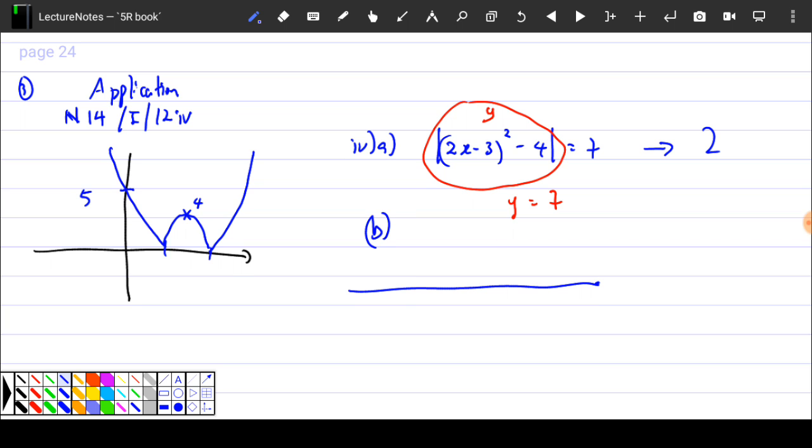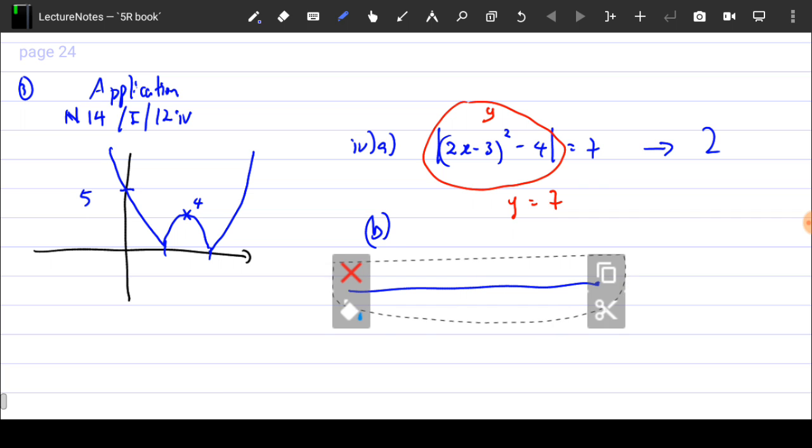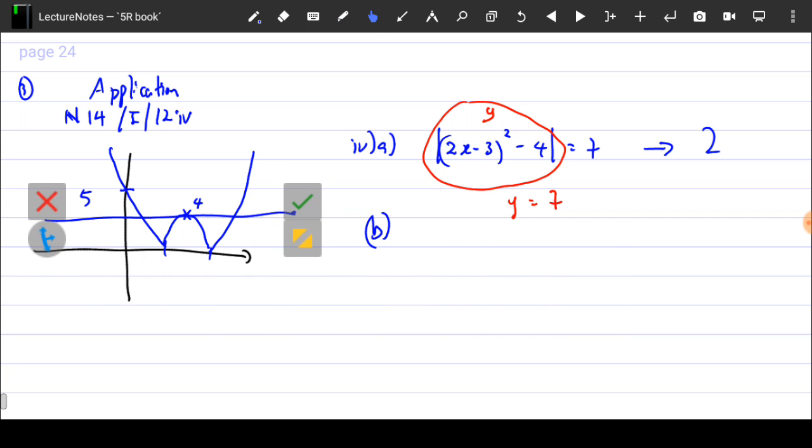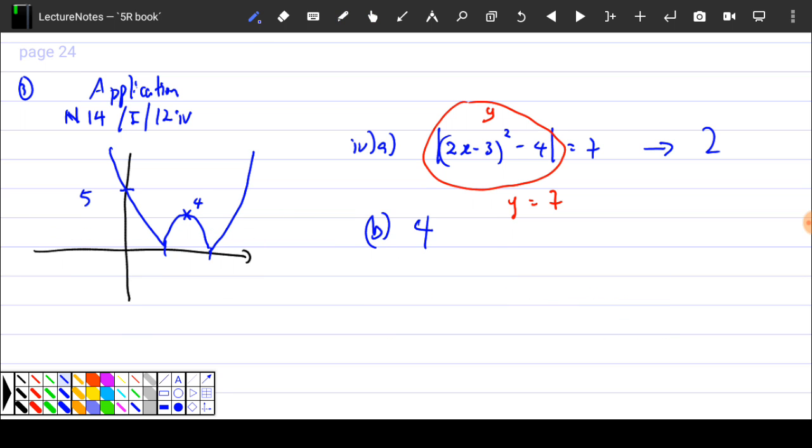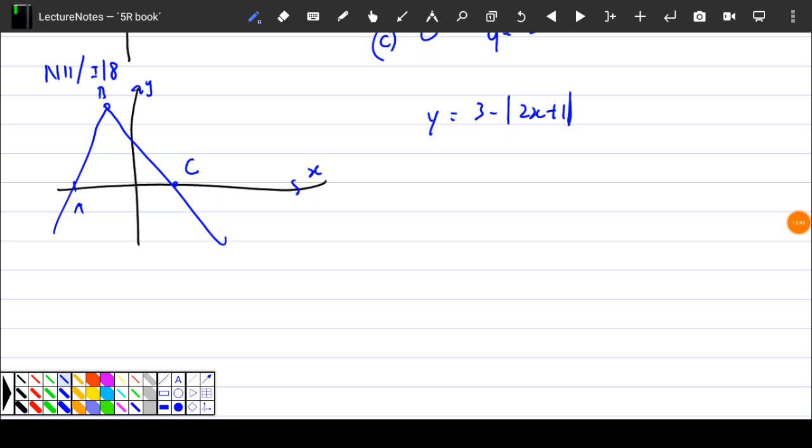B, y equals to 3. So again, is it 2? y equals to 4 is here. y equals to 3 is here. So answer is 4. Can follow? C, y equals to negative 2. This is 0 because you are drawing y equals to negative 2, right? Okay. So for this question,